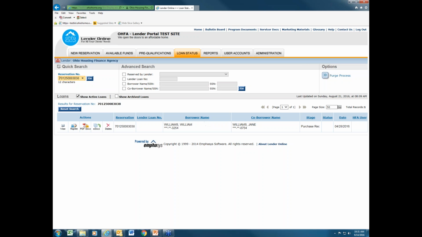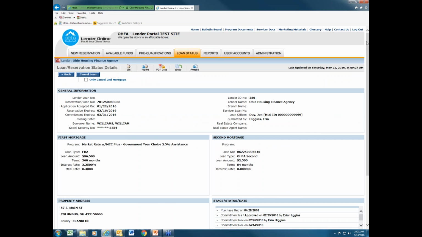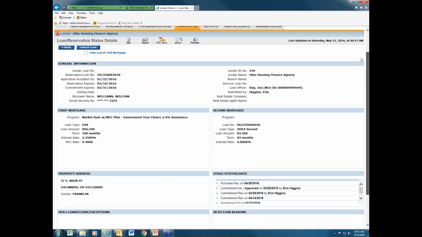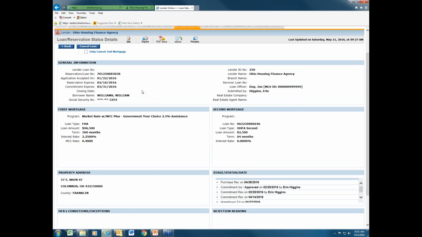So let me just show you what you're going to see in each of these action tabs. If you go to View, you're going to see a real quick summary of what's going on with the loan. If you want to cancel the reservation, you can do that up until the time that you submit a commitment package to us. So if you haven't submitted anything and you want to cancel it, you come into the view screen and you